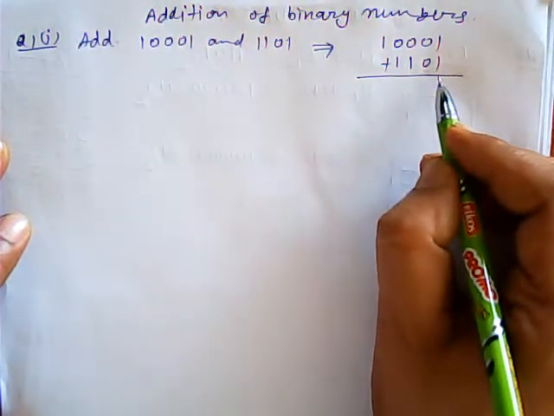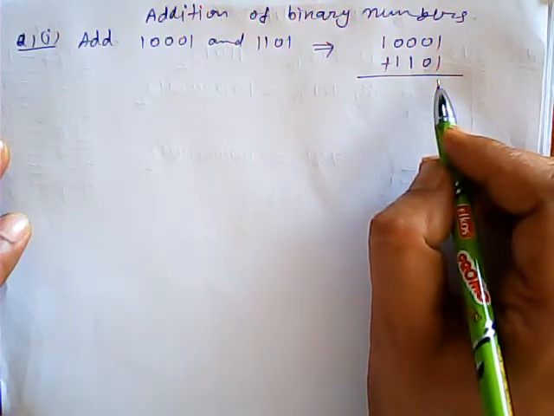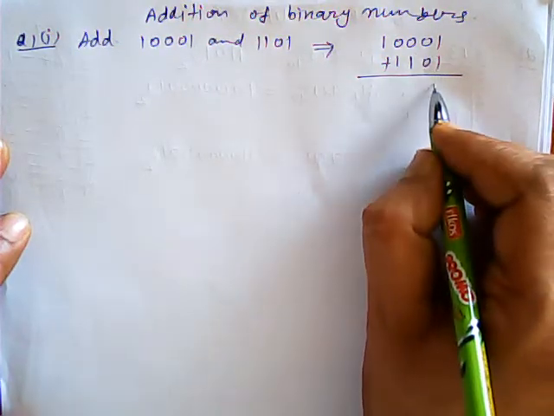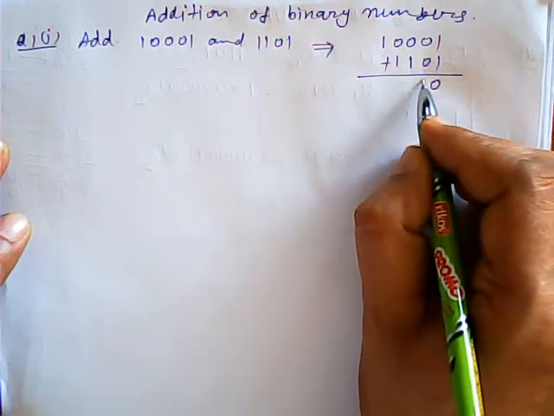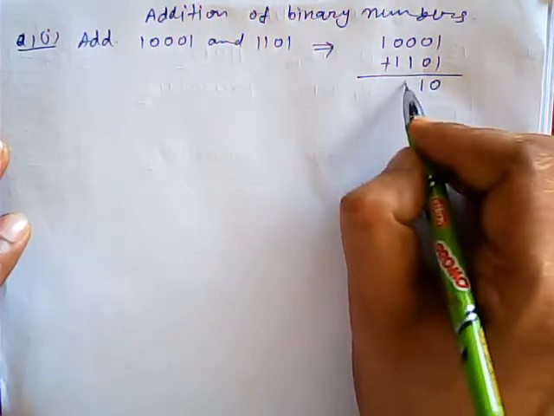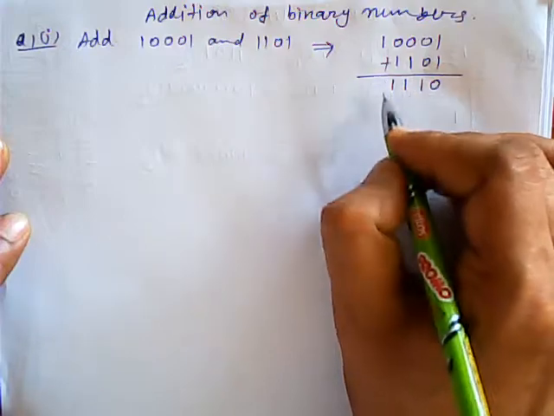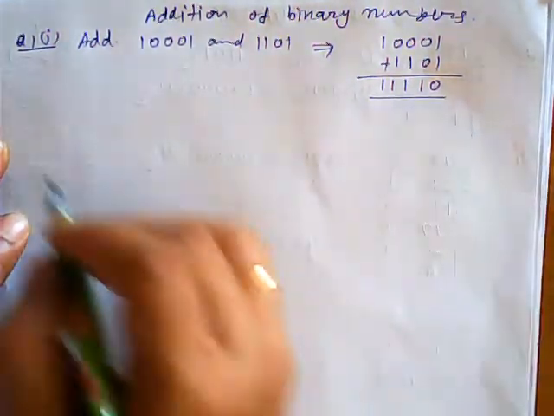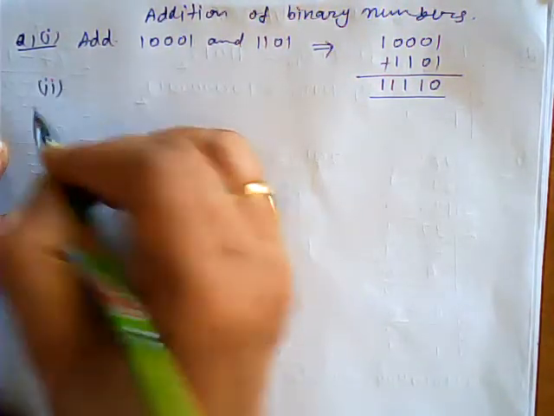So 1 plus 1 is 2, but we can't write 2 here. 2 when divided by 2 will give 0 remainder, and 1 is carried over. 0 plus 1 is 1, 1 plus 0 is 1, and this is 1. So this is the addition of the first binary numbers. Second part,